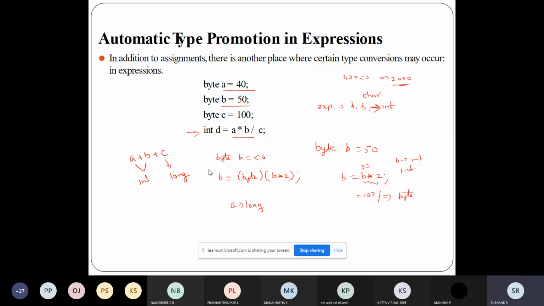If one operand is long, all other operands will be promoted to long. If one operand is double, all other operands will be promoted to double. If one operand is float, all other operands will be converted to float. So this is how type promotion works in Java.